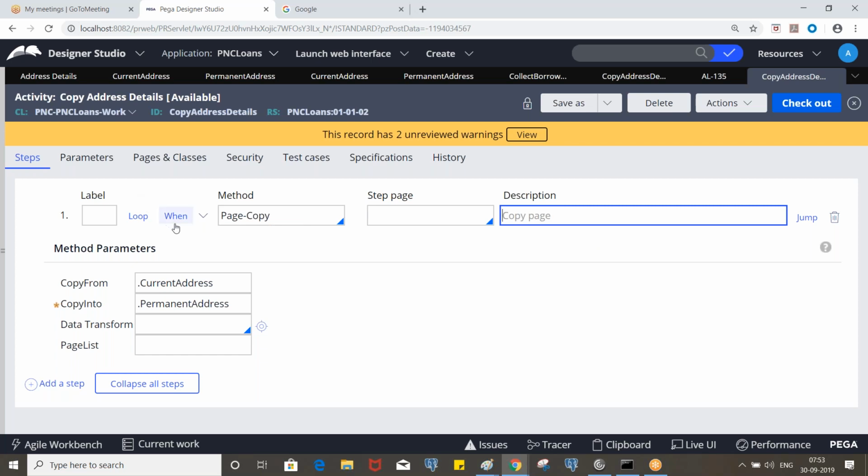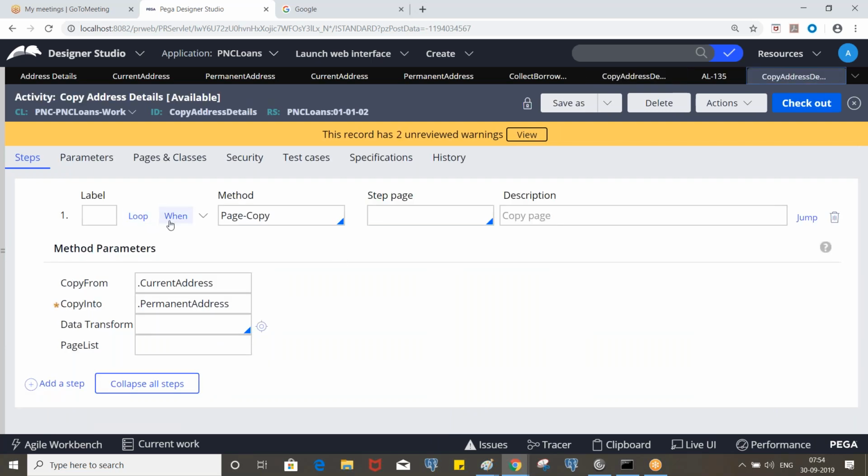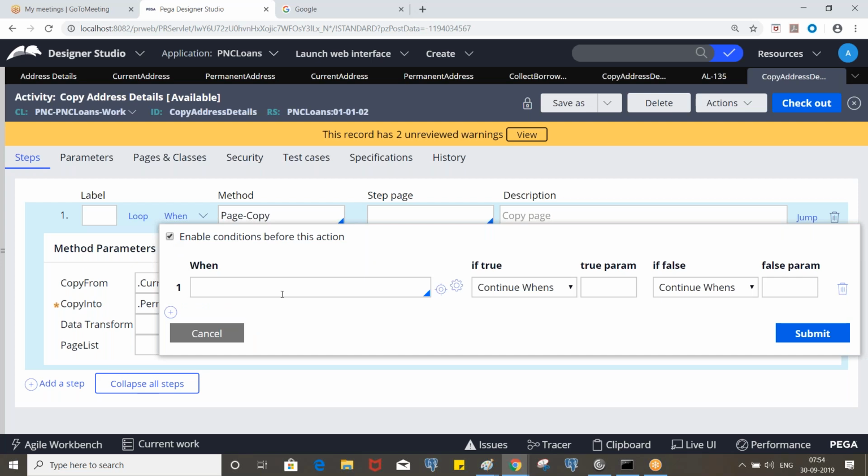Now tell me, before copying the data, we need to check it, right? First we are checking the condition. If the condition is satisfied, then this is getting executed. Here we have different options.